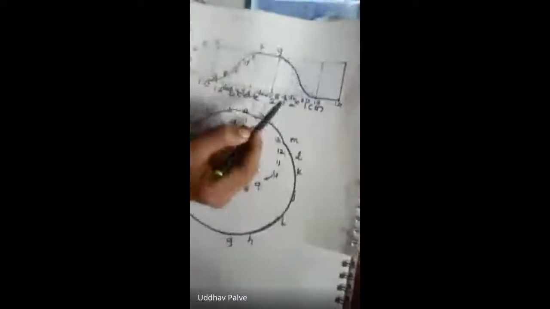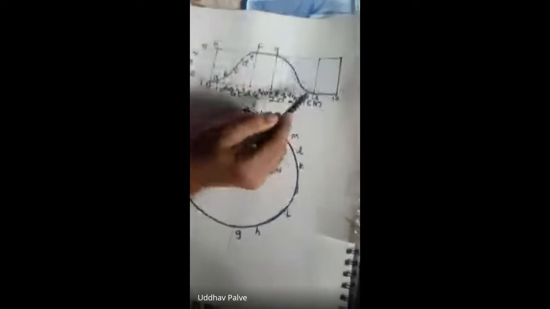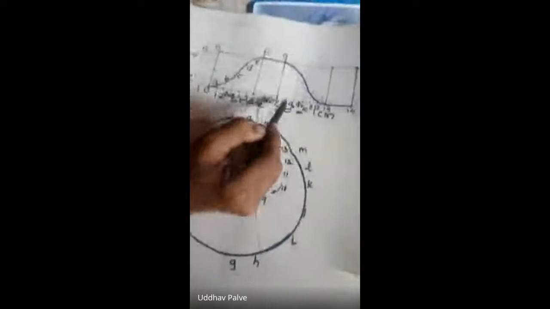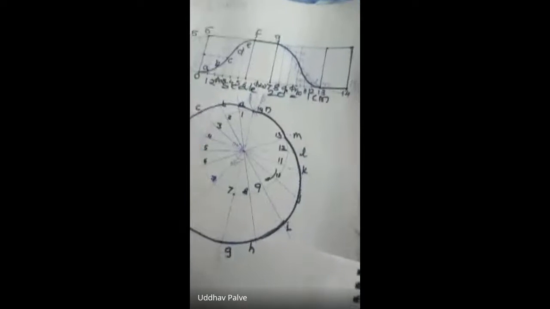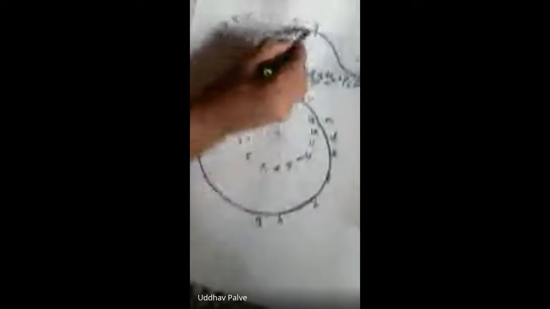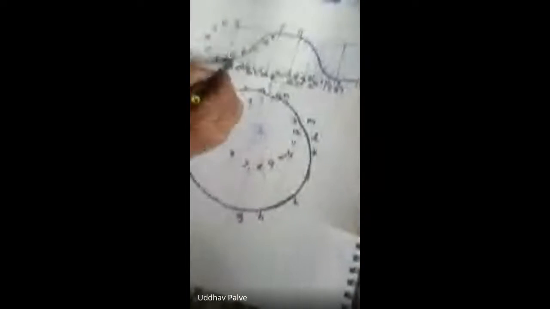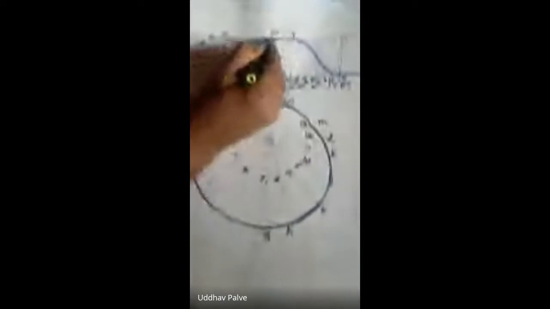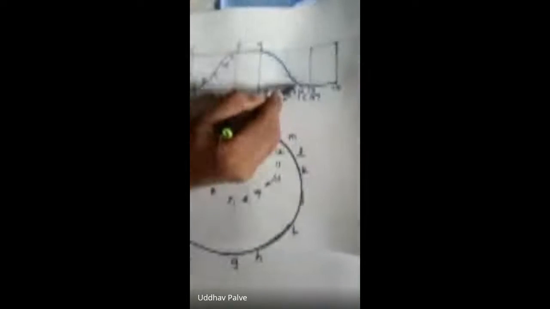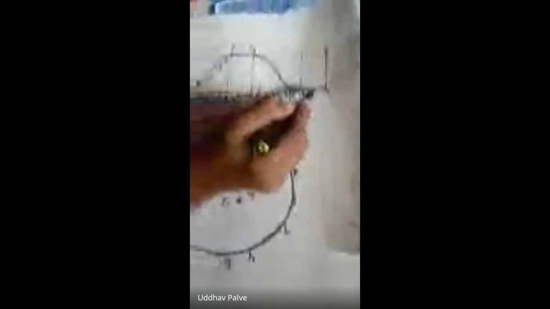बाकी इस डिस्प्लेसमेंट डायग्राम में जो भी लाइन है, including this semicircle or this box, initial box that we have drawn, or these vertical lines, all other lines are only construction lines. So all other lines should be faint lines. Only this curve should be dark. That's it. I mean this path in which there are two curves and these two horizontal lines. So this curve should be dark, then this horizontal line which represents dwell, then this curve, then this horizontal line which represents second dwell. This should be dark.